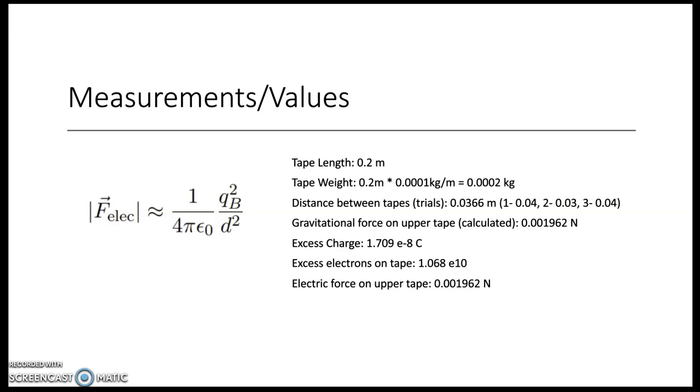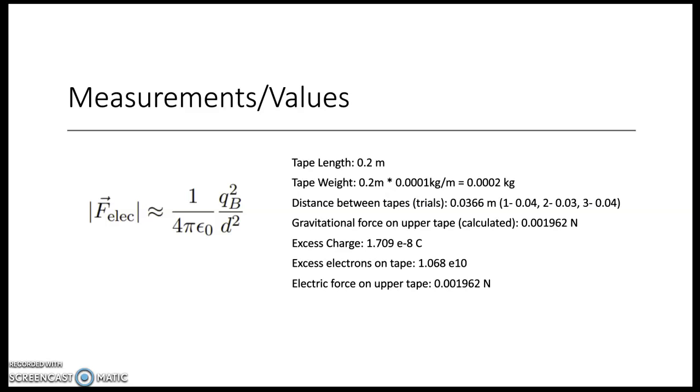The gravitational force that was calculated is then set equal to the electric force, which is exerted on tape B by tape A. That electric force is equal to the formula on the left side of the screen. From setting the electric force equal to the gravitational force, you can then plug in constants and experimental values to determine Q, the charge on each piece of tape, which is the same, and the excess charge was 1.709 times